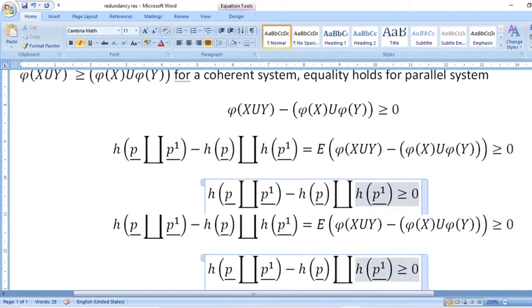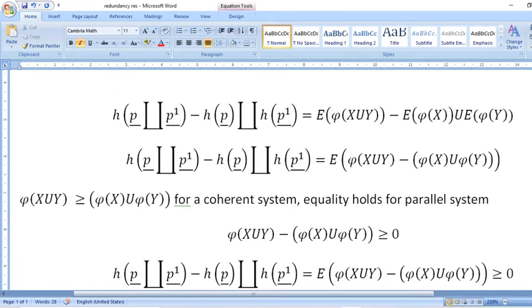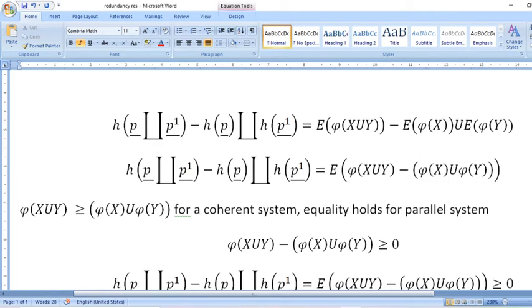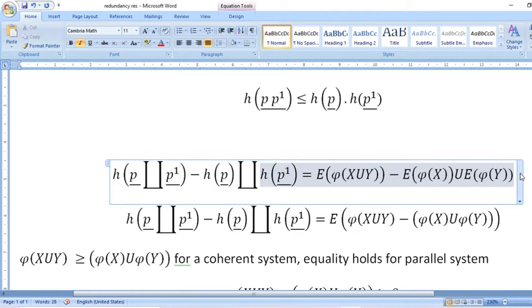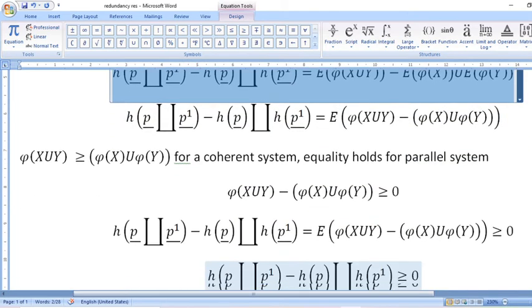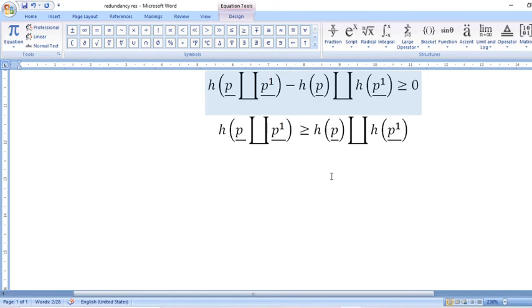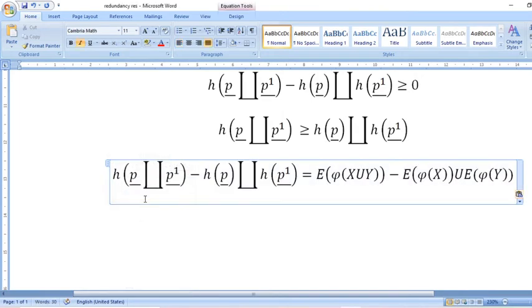Again we can prove similar result for p into p dash case. For that we consider, have to prove